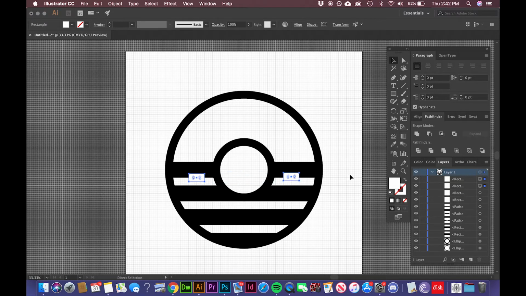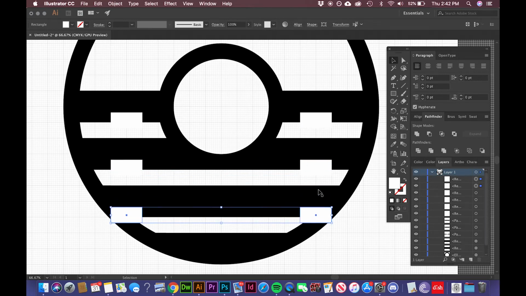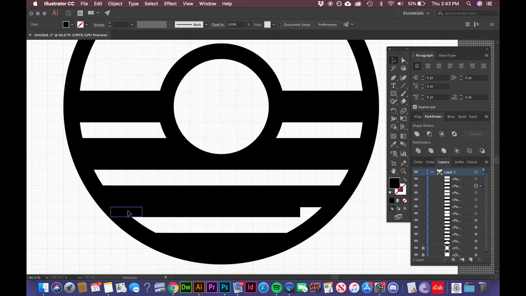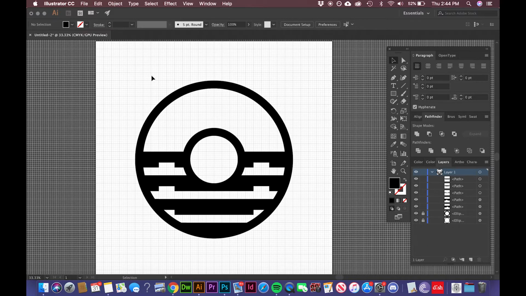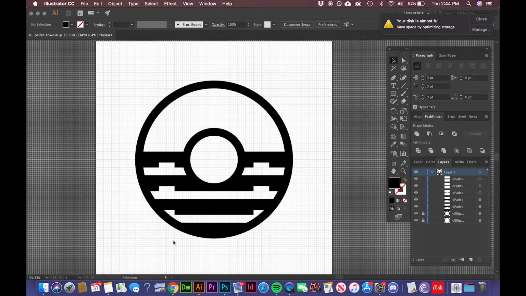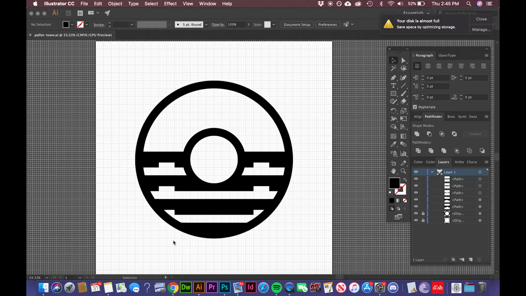Therefore, when I was designing the logo, I wanted to use the references of the Pokemon games. So I've done this before with Viridian City, my logo for Viridian City, where you can see the Pokeball being used there within the V and the C. So with Pallet Town, I definitely wanted to use the Pokeball, but also manipulate it to where it's kind of specific to Pallet Town. So I actually used actual pallets, how you put things on pallets, as an